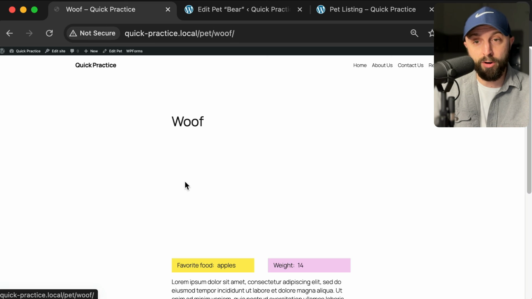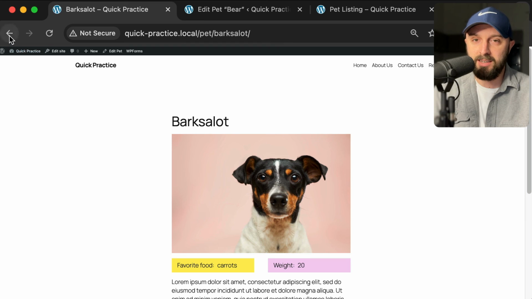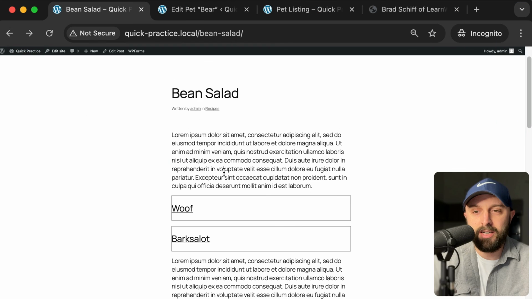I can click on woof, and it takes me to the detail screen. I can click on barks a lot, takes me to the detail screen. We're in business. Now, we're not going to win any design awards for this, but in our very next video